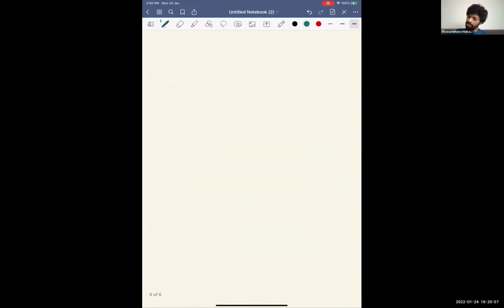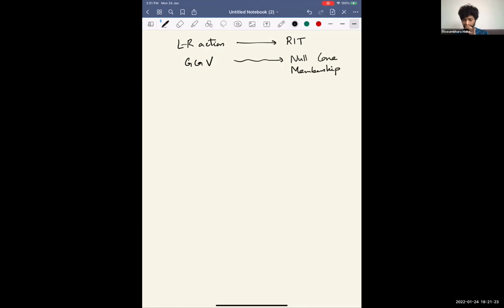So now here's the generalized version of it. In the left-right action, we got hold of this algorithmic problem called rational identity testing, the non-commutative rational identity testing. And in general, you have this action, and this corresponds to this thing called the null cone membership problem. We don't need to know what this is for now, but I think there's been lots that's been spoken about it. And so the naive hope